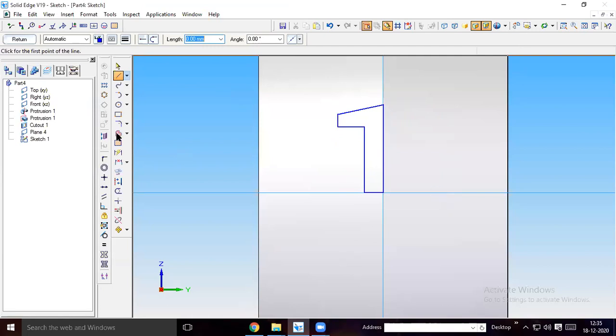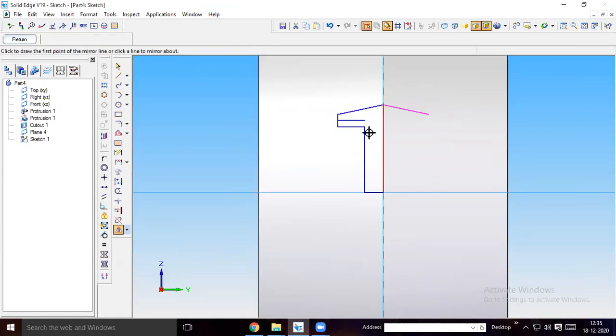Is it clear? So then what you have to do, as I am taking, this line has to end somewhere here. I am taking 9 mm up to this point. So from the center of this 1.7 mm vertical line, take a horizontal line. Then select this line and do mirror like this, and you can trim the unwanted lines. This is the profile required.